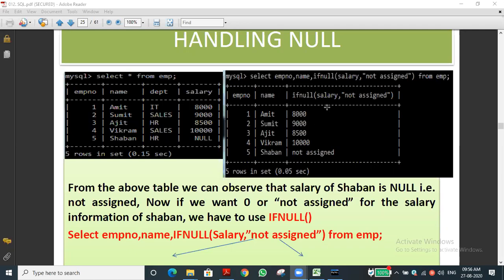Else part does not mean the word else is there. You can see if null, in the salary column, if null is there then 'not assigned' is the value. That is a printable message that you want to display. That is the concept. Have you understood? There is no restriction in the salary, even though it is an integer data type. We can use another thing, as we discussed.